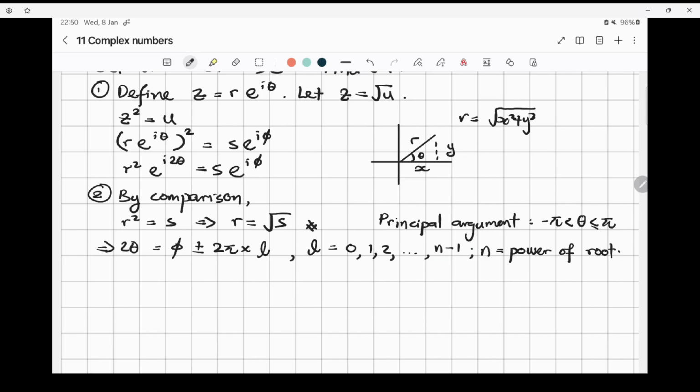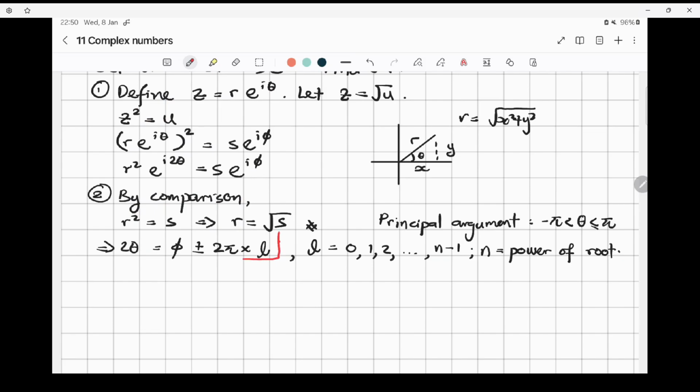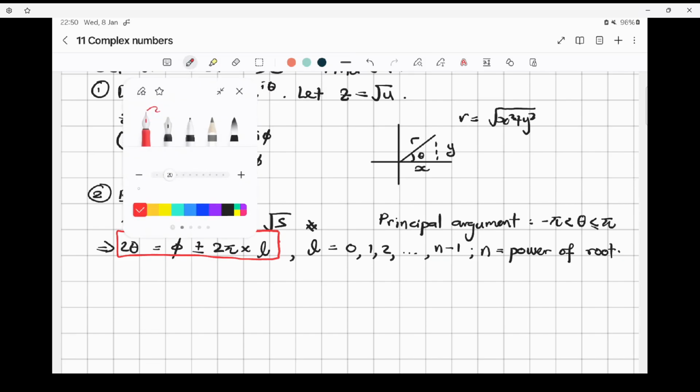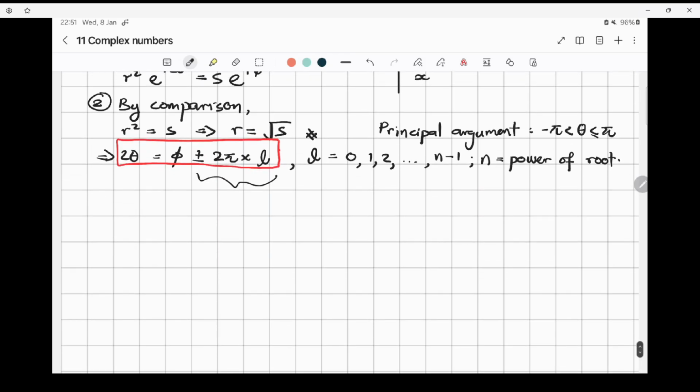So when you want to find the angle, you need to use this particular formula. And then your L starts from 0, and then you need to do 0 and 1. So why do you need to do this particular part? The reason being,